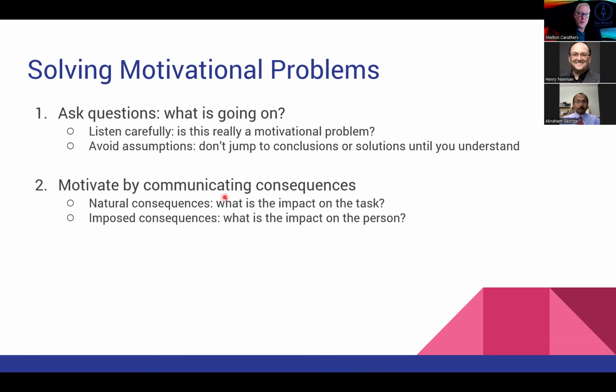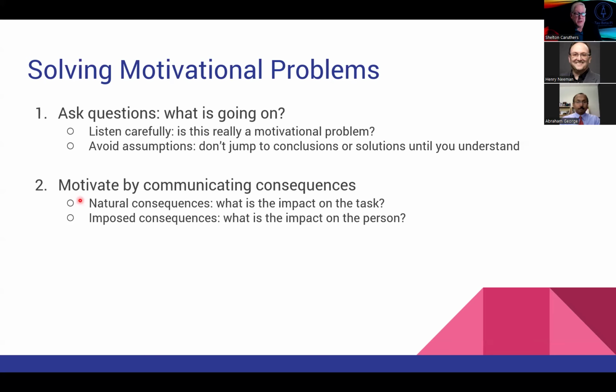But there are other ways to think about it as well. If there's no motivation, maybe you can add motivation. But there are multiple ways to motivate. For example, one can motivate by natural consequences, or one can motivate by imposed consequences.